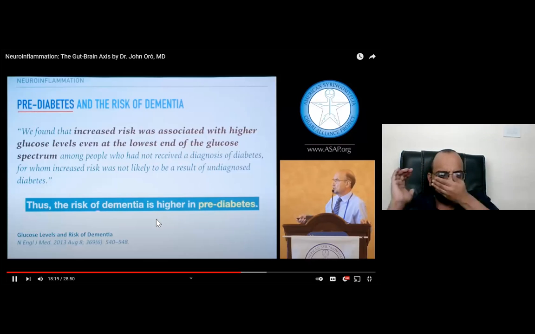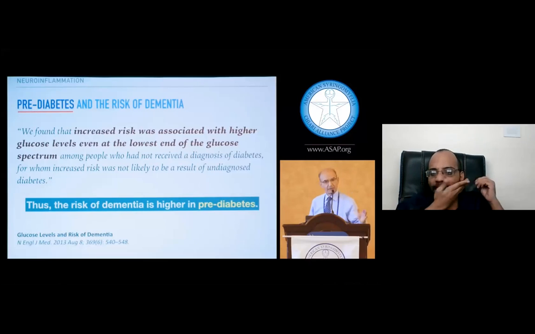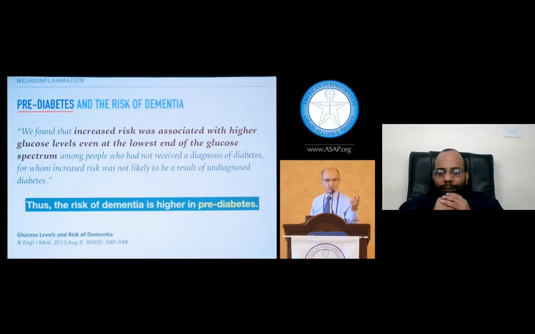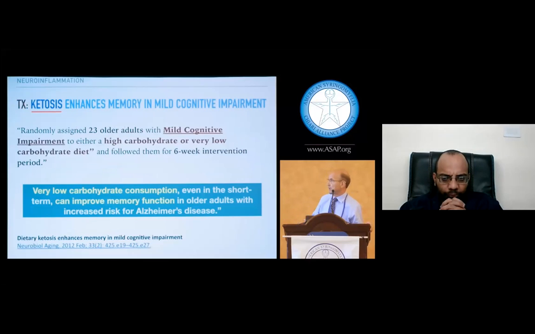Pre-diabetes, and sure enough, it increases your chances of dementia. So we need to find pre-diabetes for two reasons. One, it can be bad by itself. Two, I don't want to find out when we have diabetes. I'd rather know before so I can begin to make the changes then. Okay? Fortunately, again, we've got guidelines now that can help us.